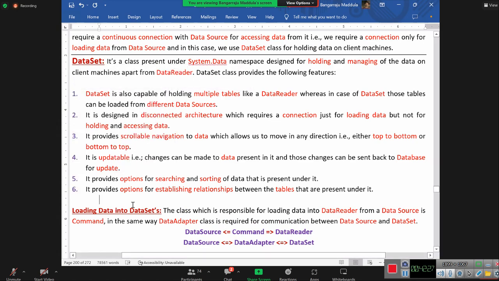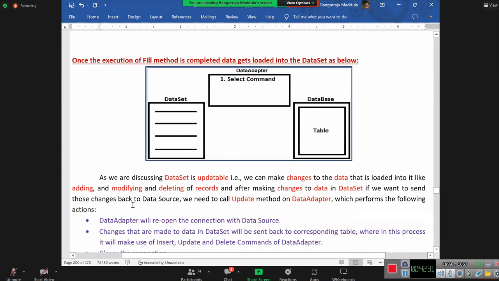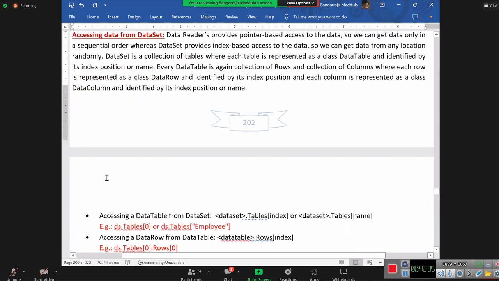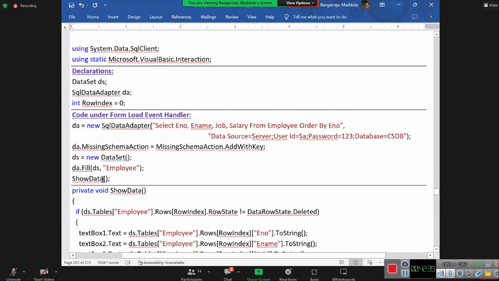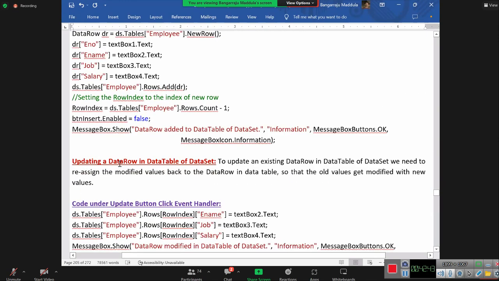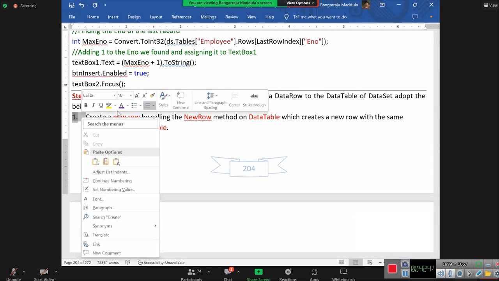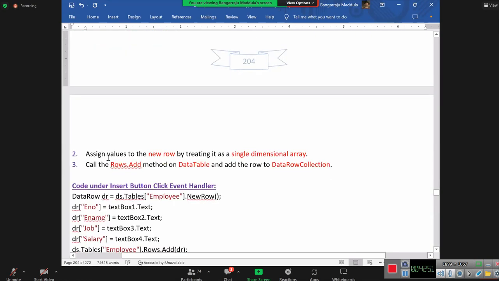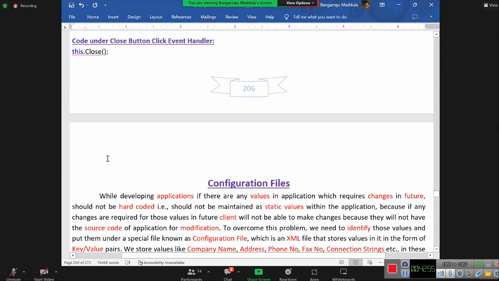Okay. Now finally, we learned about both the two architectures. Now finally, I will conclude by telling you how exactly we write code in real time. Tomorrow, when you start working on real-time applications, how the coding process is going to be, we'll just discuss. With that, we will finish our ADO.NET. See, tomorrow, when you're going to build applications in real time,